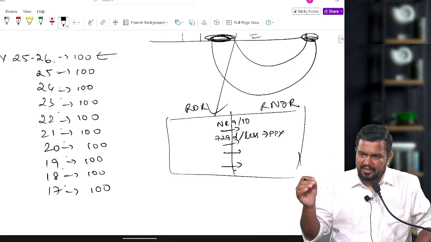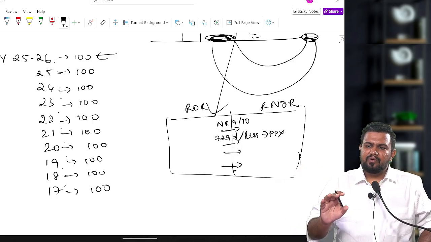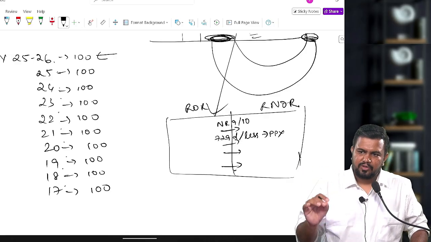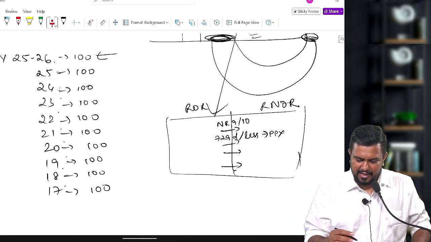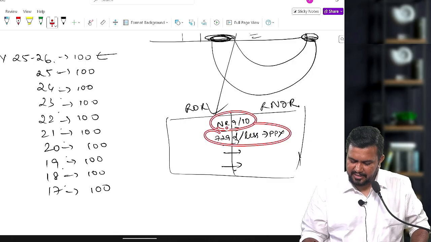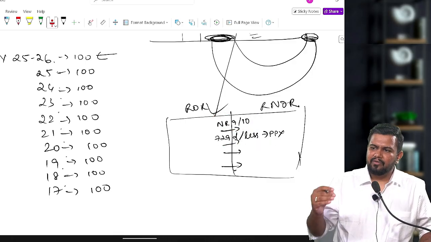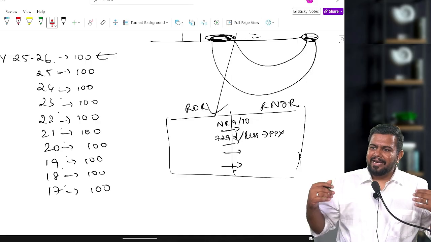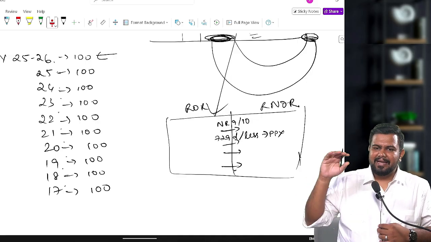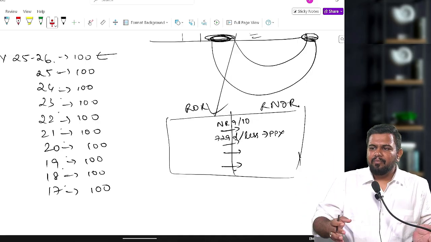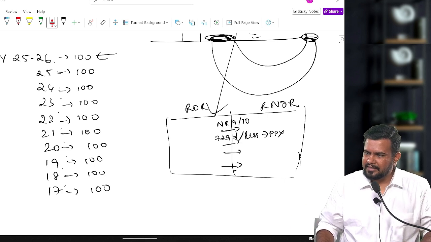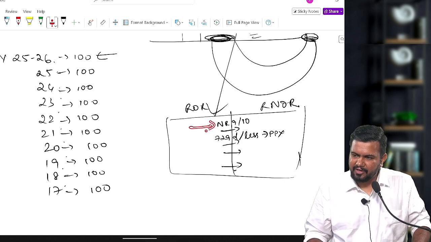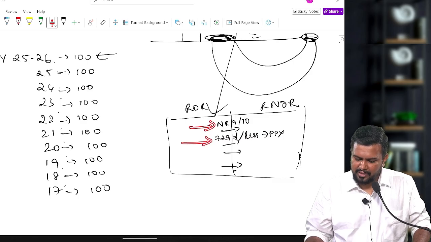Now, the second condition is easier to calculate than the first condition, correct? So in the examination also, it is not necessary that you calculate the first condition first and the second condition second. Whatever you can calculate easily, go for that first. Because if you can calculate something easily and get the answer, then why bother to go for the next condition? The first condition is difficult to calculate, the second condition is very easy to calculate because